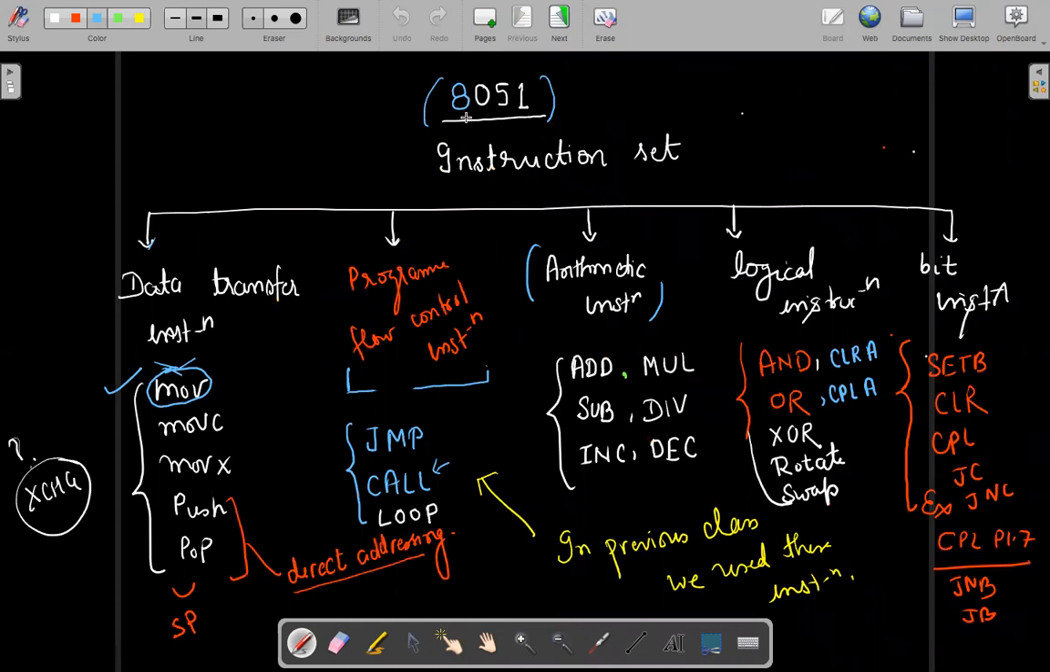So in our previous class, we have seen the instruction set of 8051 can be classified in four categories. First is data transfer instructions, where we have studied move, move C, move X, push, pop operations. There is one more operation, exchange, which we'll study in due course of time. You can put a question mark about that. We would see that. The others are arithmetic instructions, which I asked you to study: addition, multiplication,